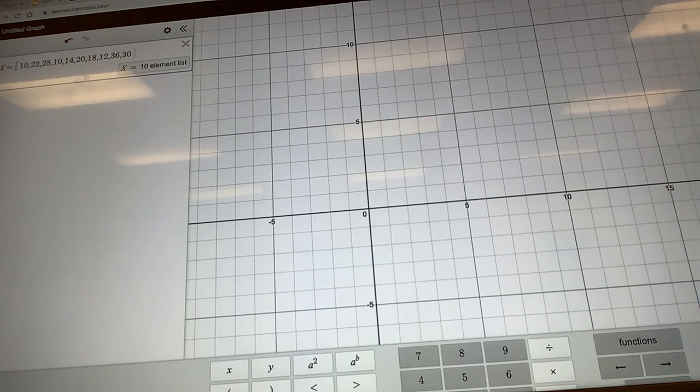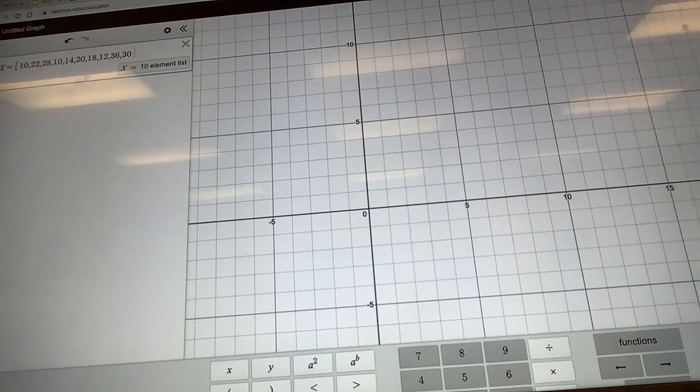This is what I'm gonna have to do because I'm gonna get confused up here as I put them in. I'm gonna cross through them, and that way I know that I've got them all. So I've got a 10, I've got a 22, 28, 10, and 14, 20, 18, 12, 36, 30, 36,